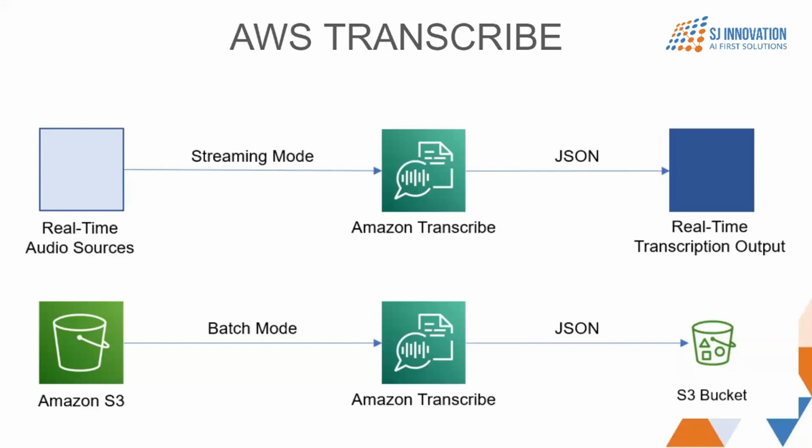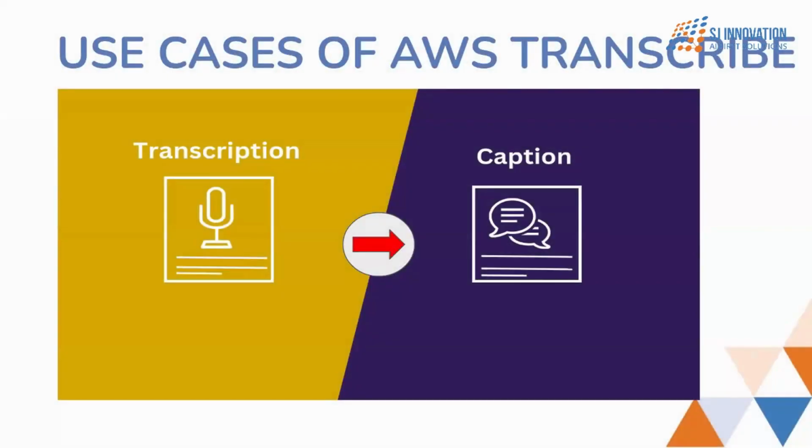And streaming mode is for live streaming. Batch mode is for files which you already have, the data that you already have and you want to transcribe. But streaming mode is something that you want to transcribe live as we speak. Using this mode, we can get live transcriptions, mainly used for call recordings and all. Like in Zoom, we have the transcription feature.